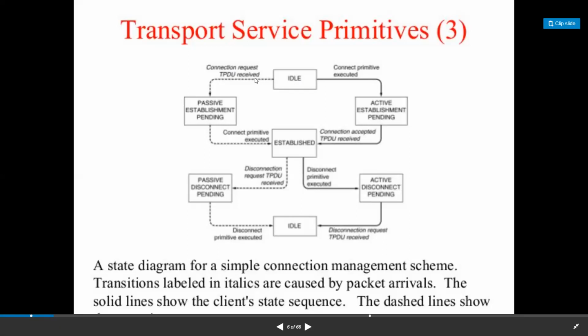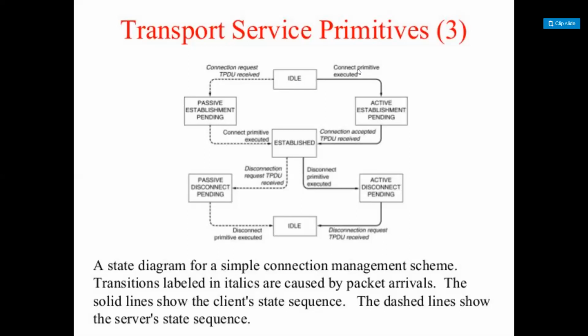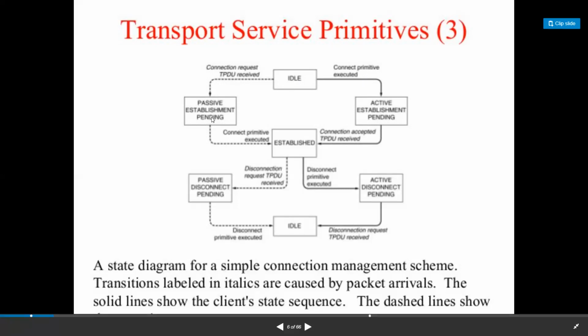Connection request TPDU is received. For the connection request TPDU, we need to execute a primitive, the connect primitive. In the last slide, I told you, right? For connection establishment, we need to use the connect primitive. The connect primitive is executed. See here, connection request TPDU is received.